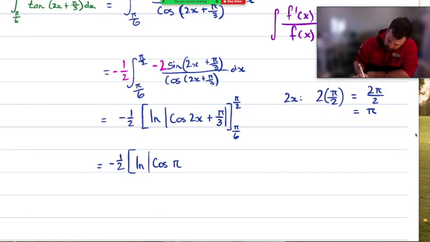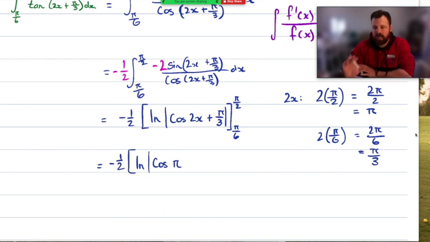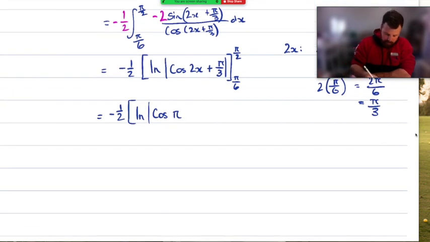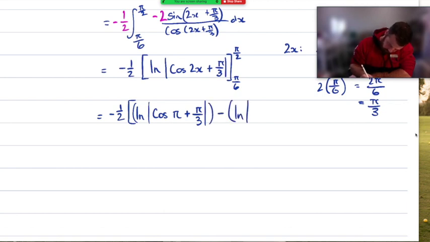And 2 lots of pi on 6 equals 2 pi on 6, which equals pi over 3. Just going to calculate them off to the side there, and then use them when I need to evaluate them back in. So pi on 2, which is just simplified to pi, plus pi over 3, absolute value of that. I'm going to chuck this in brackets because it's minus ln the absolute value of cosine of, this is where I need to substitute pi on 6 in,